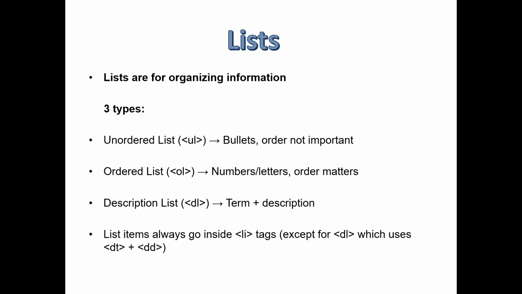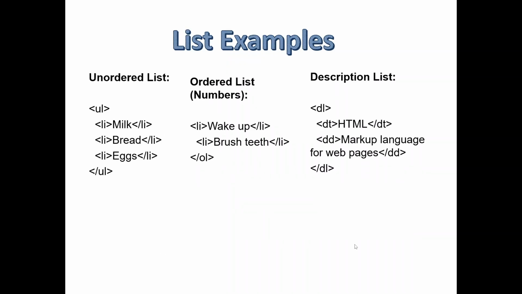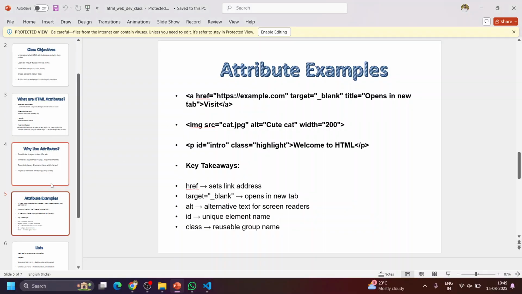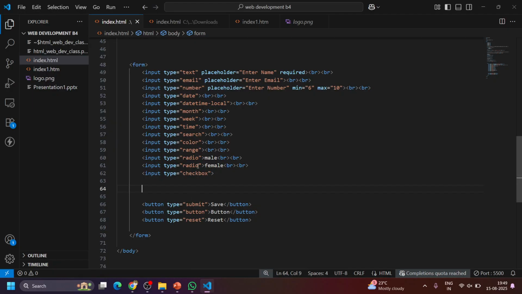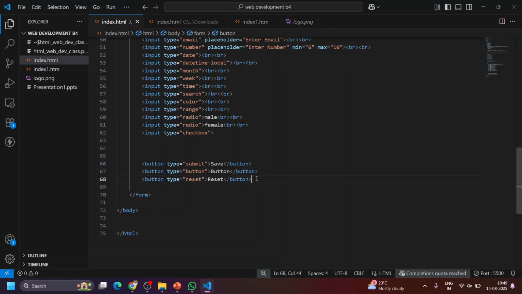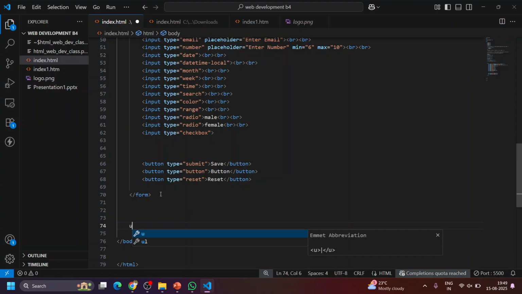I will show you a simple example. In the next slide, we have an example. This is an unordered list. Let us try to build it here below the form. Let us create an unordered list. Unordered list is nothing but UL. In this particular UL,